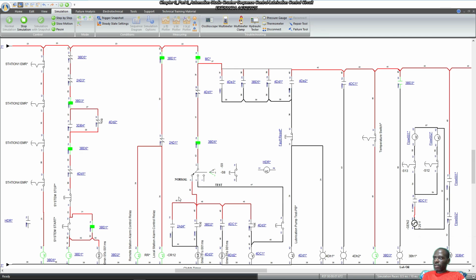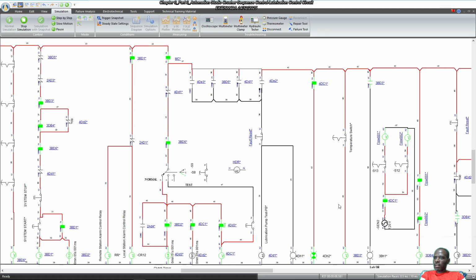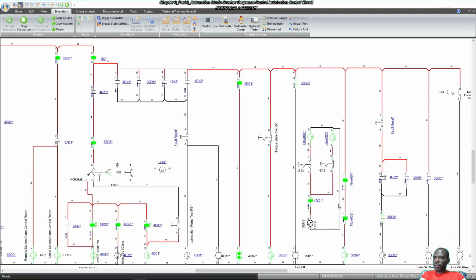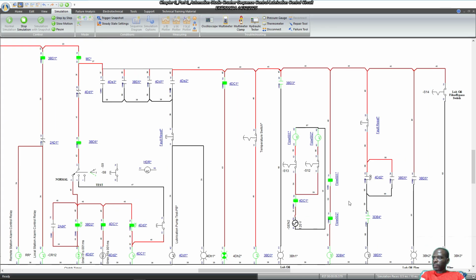There's nothing interesting going on on the left side, so maybe we can look at it from the right side point of view. What we're saying is, when we simulate a failure of flow,